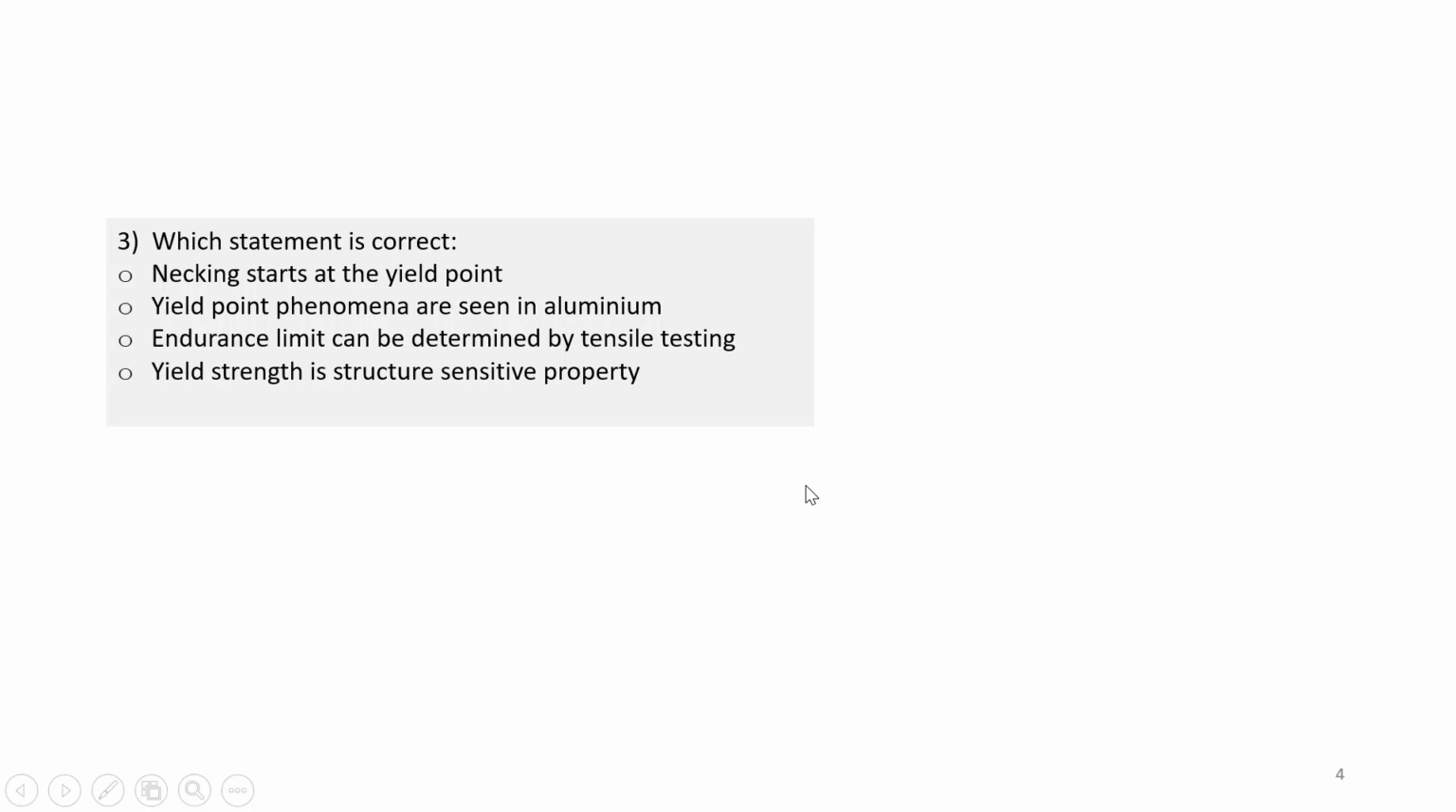The next question is, which statement is correct? Your options are: necking starts at the yield point. As you know, necking starts at the